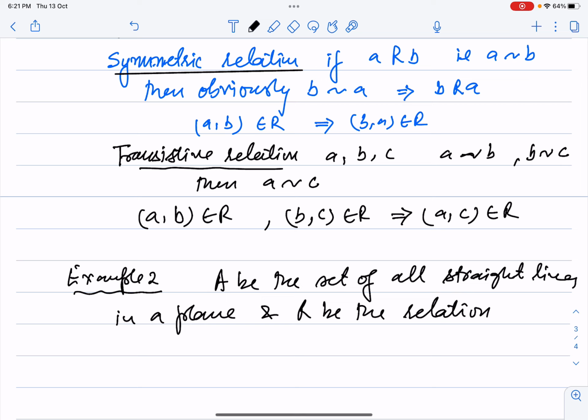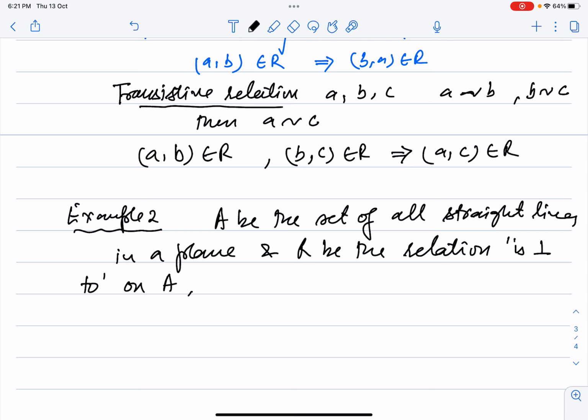Obviously the relation between the lines is "perpendicular to" on set A. Then is it a reflexive relation? Is line 1 perpendicular to line 2, or can you say a line is perpendicular to itself? No. So it is not a